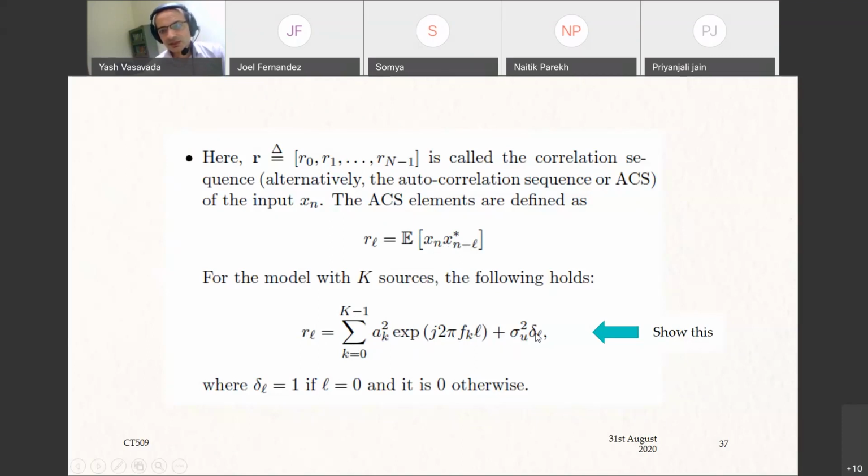Here in this equation, I have multiplied sigma_u squared with this delta function indexed by L, which is to say that only when L is equal to 0, then this sigma_u squared is present. Otherwise, the sigma_u squared is not there. Essentially, what we are saying is that R of 0 is the summation of a_k squared plus sigma_u squared, which is